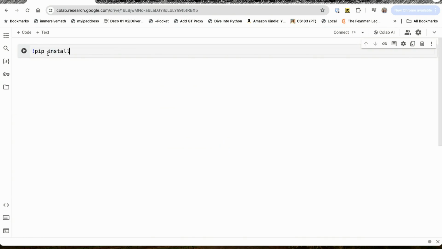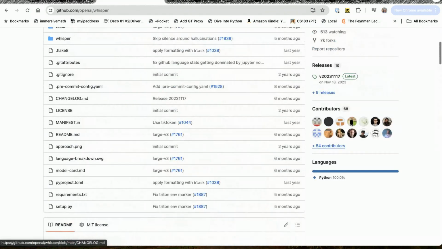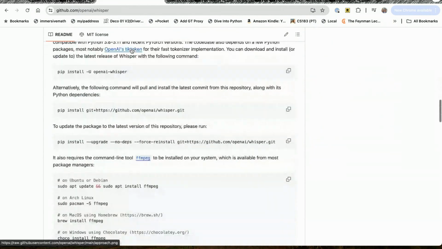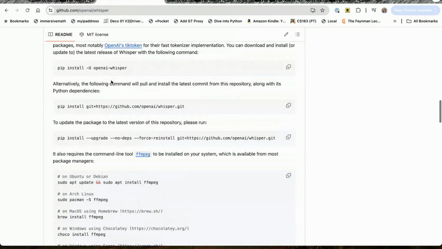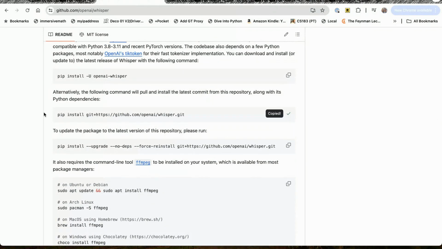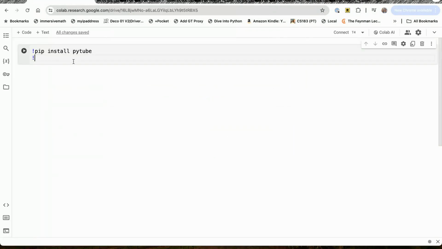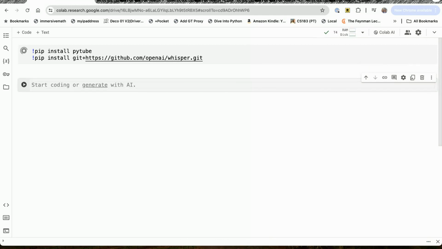We'll first install Pytube. Pytube will help us get the necessary YouTube video downloaded, and we can take the audio itself out from the video, right, using Pytube. Next, what we need is Whisper. So if you go to github.com/openai/whisper, you can see that one easy way of installing Whisper is to use this command, right? So I'm just going to copy this command and run it here. Now if I run these two commands, Pytube is going to get downloaded, and I'll have Whisper and the necessary libraries installed. Once these two things are done,